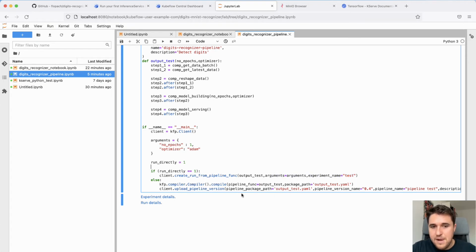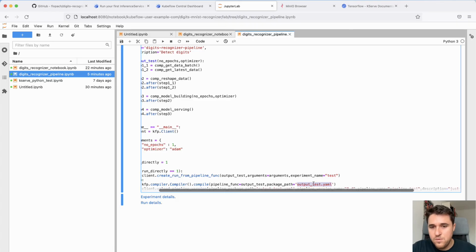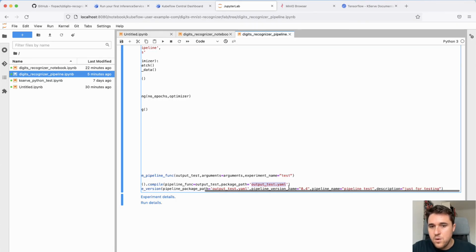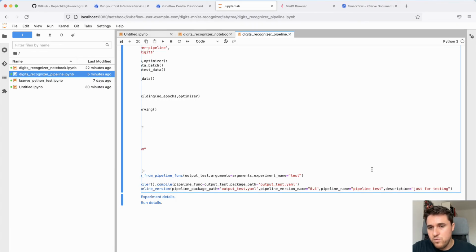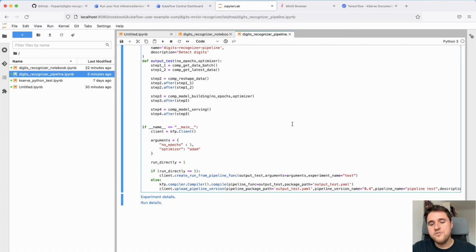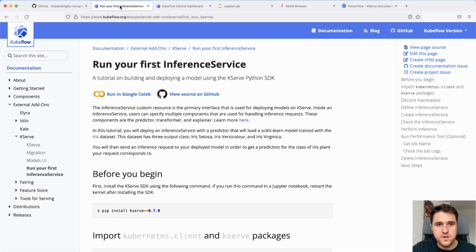Or for example, I can just compile it to a YAML file. I can put the whole pipeline in the YAML file there and then basically do an upload pipeline version. So basically I say with this YAML file, I upload it with this pipeline version name, with the pipeline test, with the description class testing. So in the end, it really depends on what you want to do, because I will go